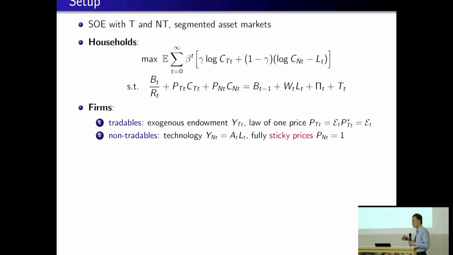On the production side, there are two sectors, tradables and non-tradables. Again, to keep things as simple as possible, I'm going to assume that the endowment in the tradable sector is exogenous. So this YT is exogenous, but it is stochastic, and that generates demand for international risk sharing. There are periods when a country has a lot of tradables, and periods when it doesn't have much tradables,